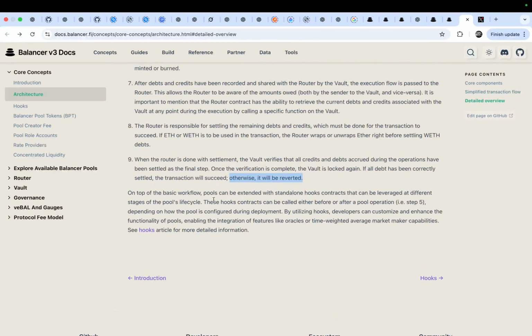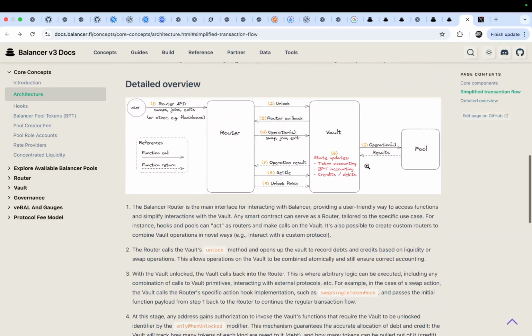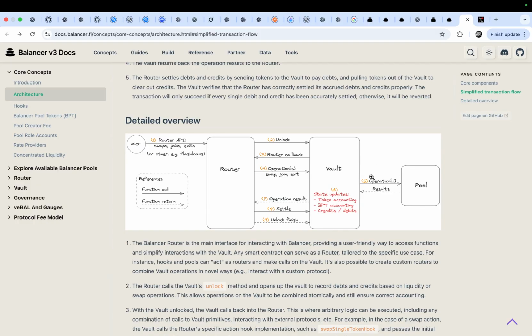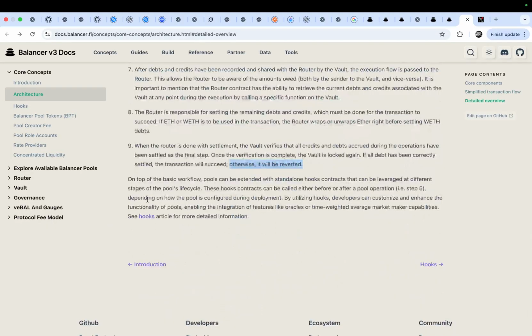On top of the basic workflow, pools can be extended with standalone hooks contracts that can be leveraged at different stages of the pool life cycle. These hooks contracts can be called either before or after a pool operation. Step 5 here, so step 5 is highly configurable, depending on how the pool is configured during the deployment.